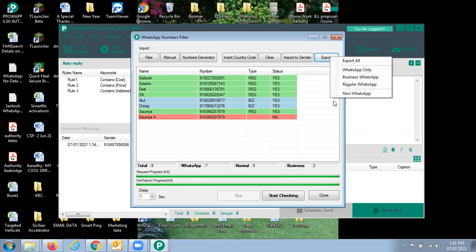It will help you understand the profile of an individual, because many a time we purchase databases in the market, and not all databases are of corporates. If your customer type is corporates, then it will create an issue for you. So segregation will help us, correct? This is one activity which helps us verify whether these numbers are on WhatsApp or not. We have to do this only once for the lifetime of the database, not necessarily every time. This is the first step.